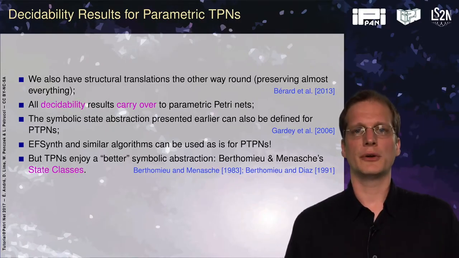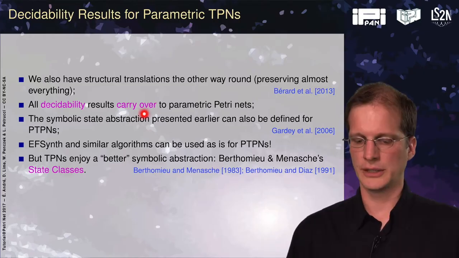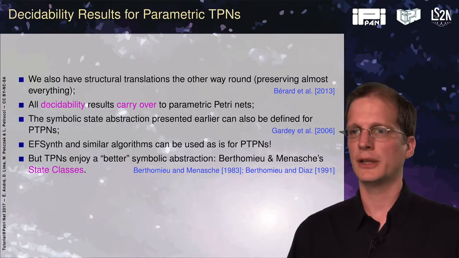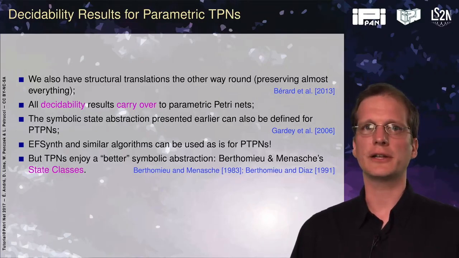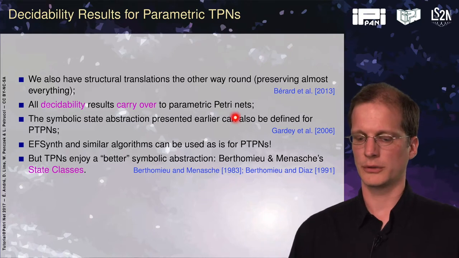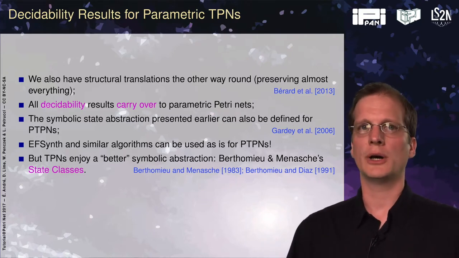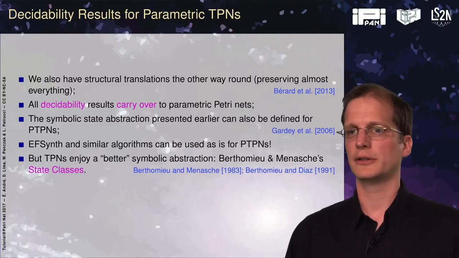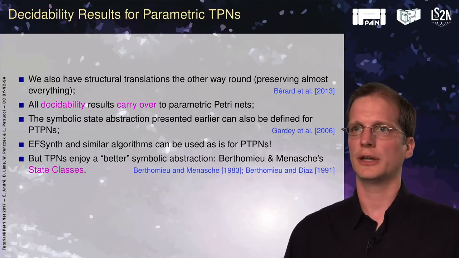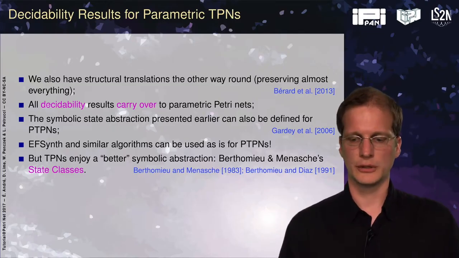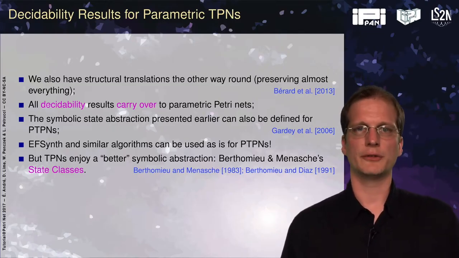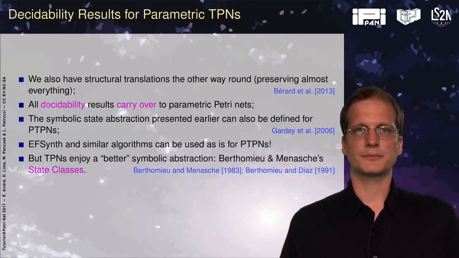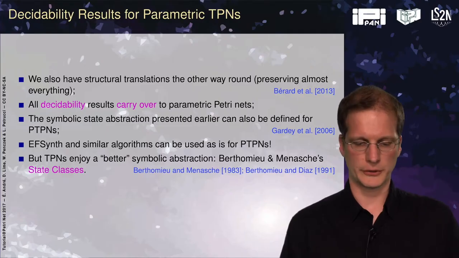Now, we have seen before in another sequence that we had to use an abstraction of the state space of parametric timed automata, or timed automata, and we can define exactly the same for parametric time Petri nets, but it's not the one that we will see now, because we have a better one, in some sense: it's a bit coarser, and also it's a bit simpler to use in practice. We have the state class abstraction from Berthomieu and Menasche,